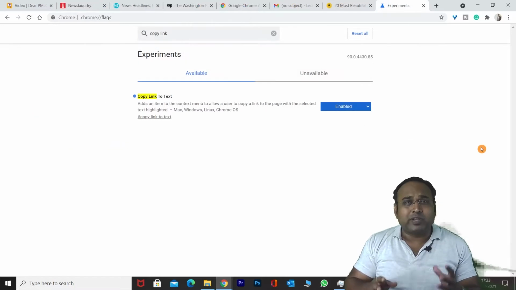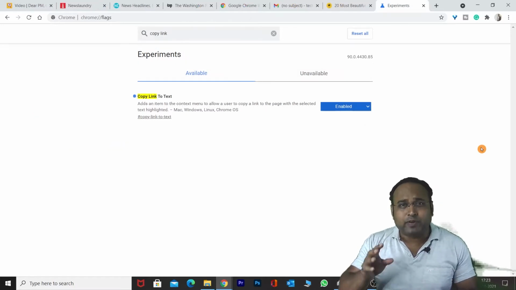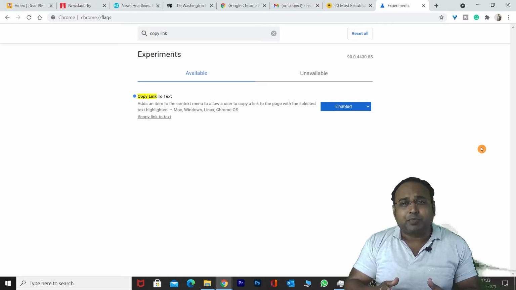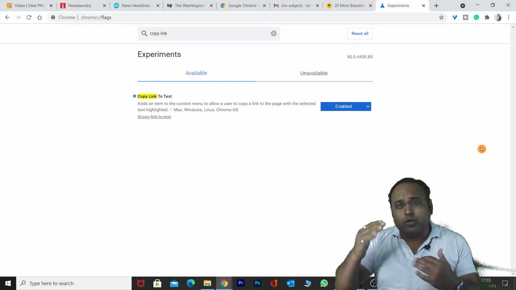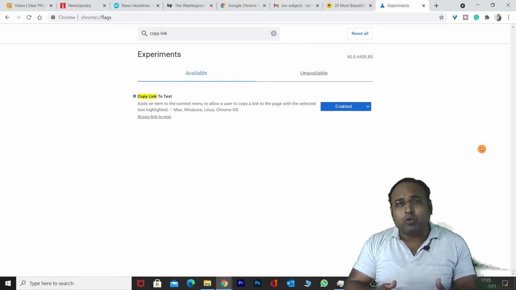So you must have understood that with one simple click in the Chrome settings, you have enabled the Chrome custom highlighted shareable link option. And with that option, you can share any important portion of a blog with your friend or colleague, and they can get to know why you have shared that link.